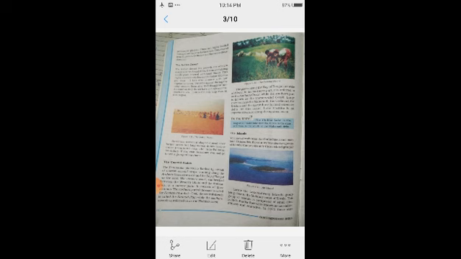Means this fertile northern plain is very ideal for agricultural purposes. Why? Because they are very fertile, with alluvium deposited from the north Himalayan part, and because of this the northern plain is a very